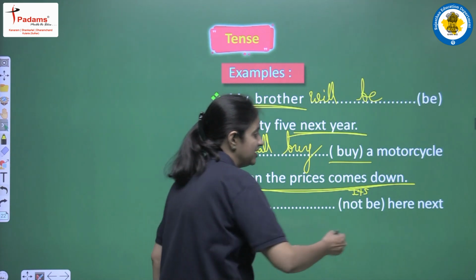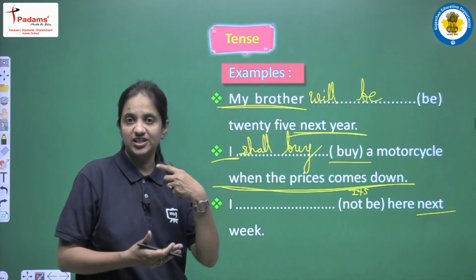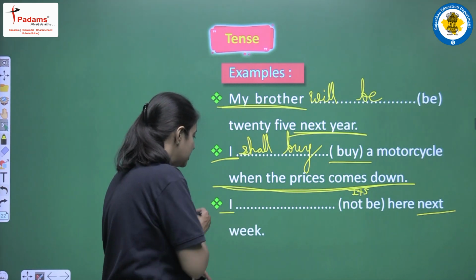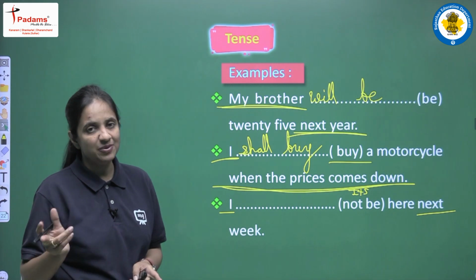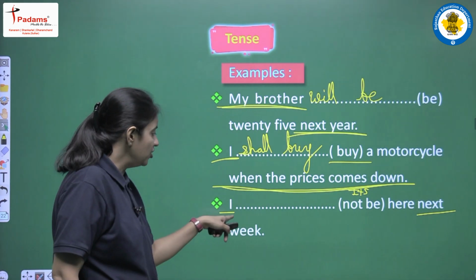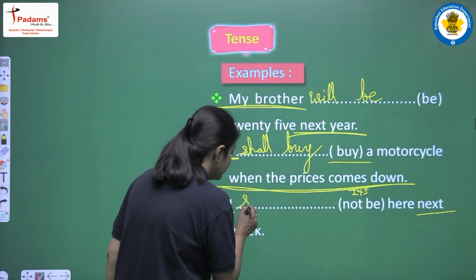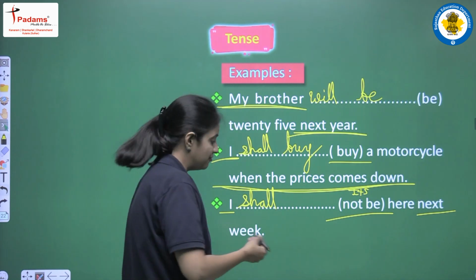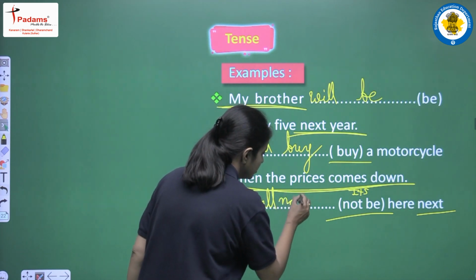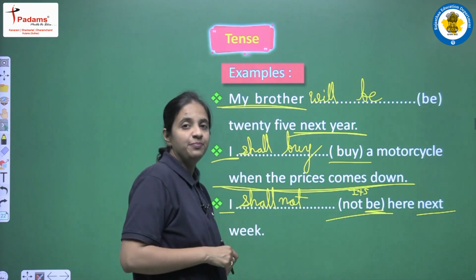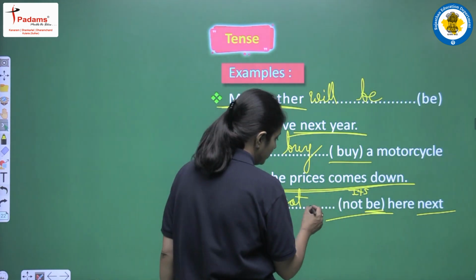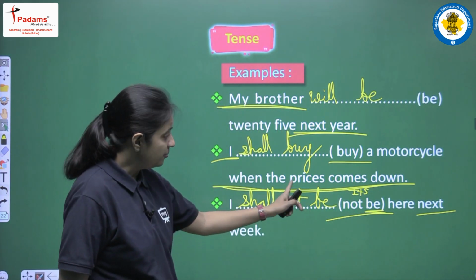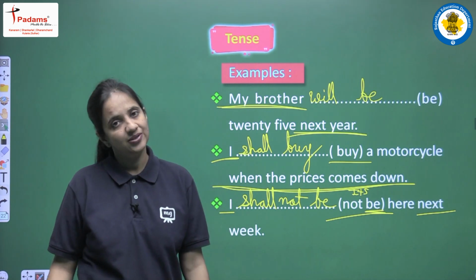So again we are having "next", the word that shows future time, and this is the reason that we will use future simple tense here. As a subject we are having I, so we are having two helping verbs, shall and will, and we all know that for I we will use shall here. I shall, and this is a negative sentence, so after the helping verb we will write not, and as a main verb we are having be, so we have to write the first form, that is be only. So we will write be here, and the sentence will be: I shall not be here next week. Okay.